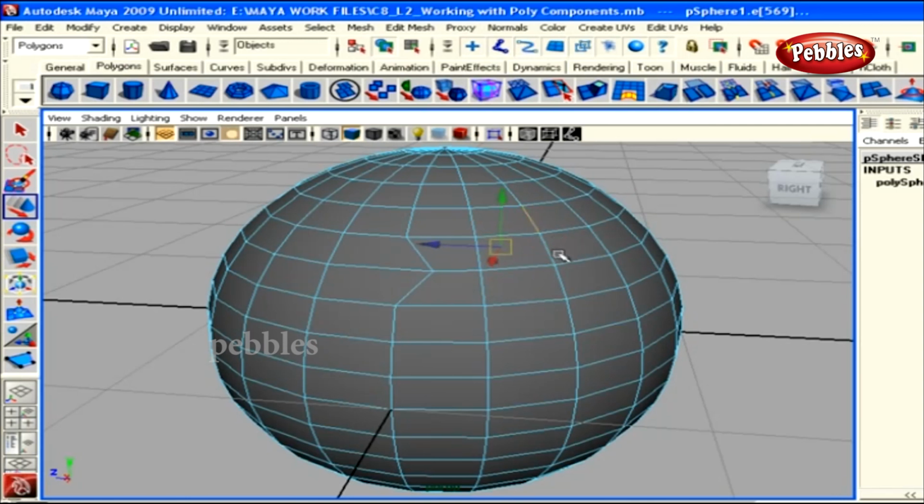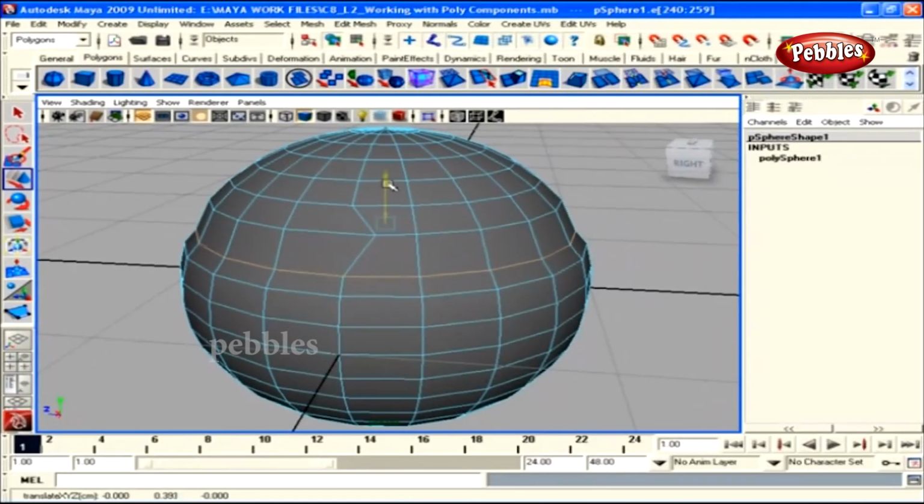selection. Now watch what happens when I double-click over an edge. The entire loop of edges gets selected. Thus, you can either double-click over a vertical edge to select the vertical loop of that edge, or you can click over a horizontal edge to select the horizontal loop of that edge. In this way, Maya saves lots and lots of time for the user in selecting components. Now, with the required edges selected, we can go to any of the transform modes and we can transform the